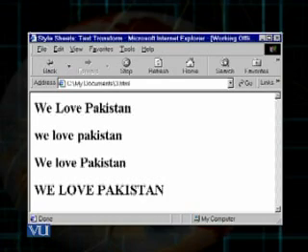In the fourth line, we love Pakistan, I had kept the text transform value as uppercase, which resulted in the conversion of each and every letter in this sentence into uppercase. So accordingly, you see W, E, L, O, V, E, etc. Every letter is in uppercase. Let's have a look at the simple code behind this result.